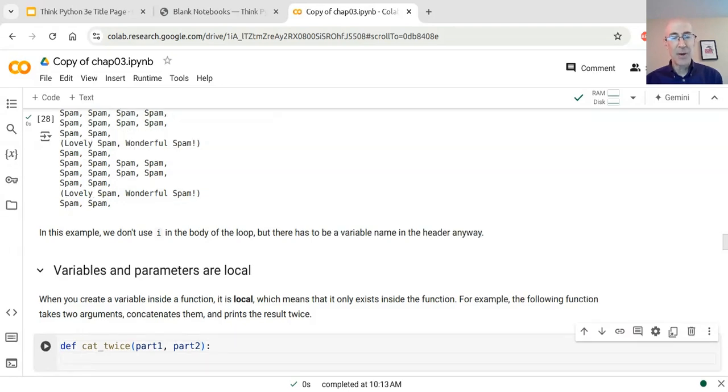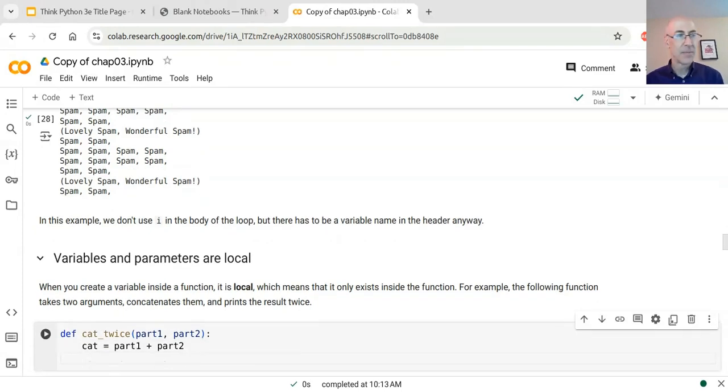Inside this function, I'm going to define a variable that's called cat that is equal to part 1 plus part 2, and remember that for strings, the plus operator does concatenation, so it'll join these two strings into